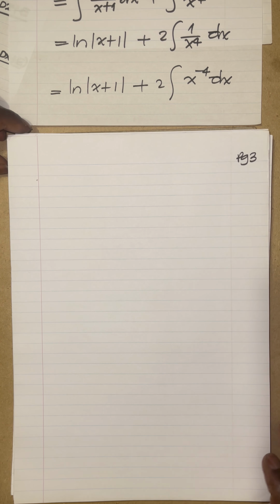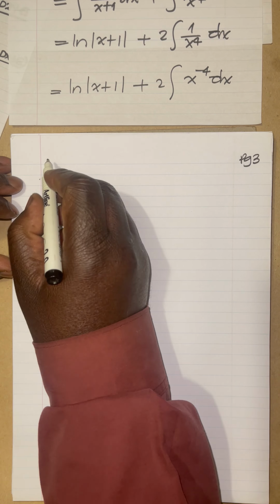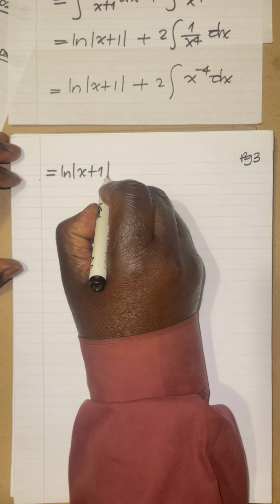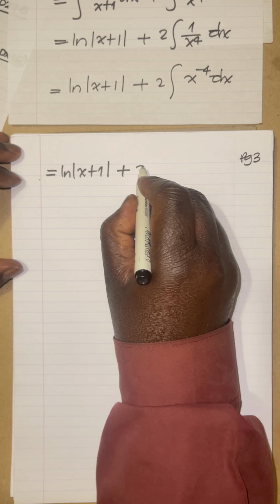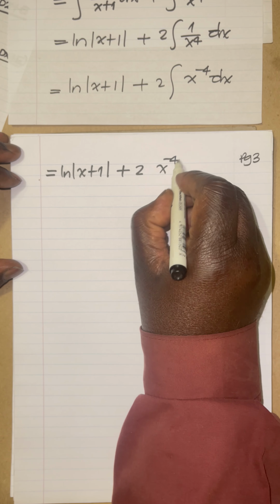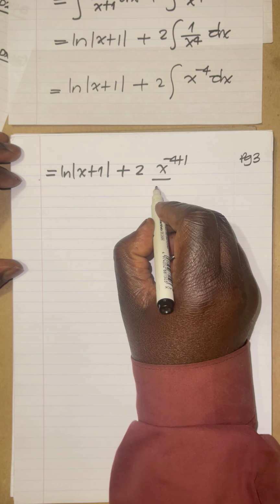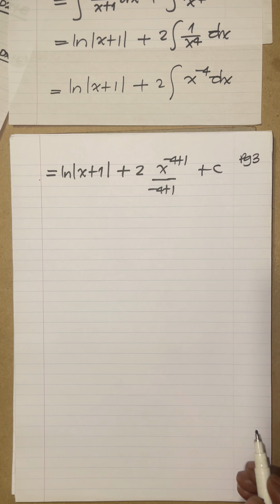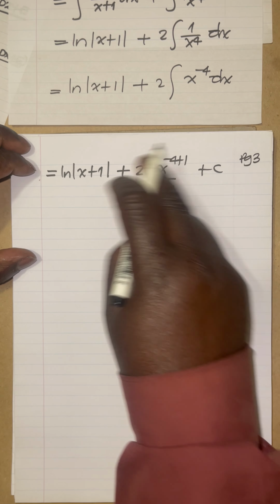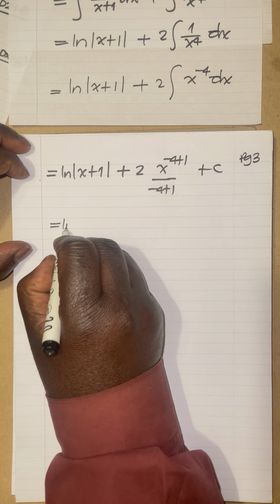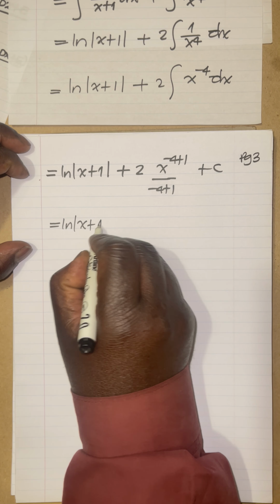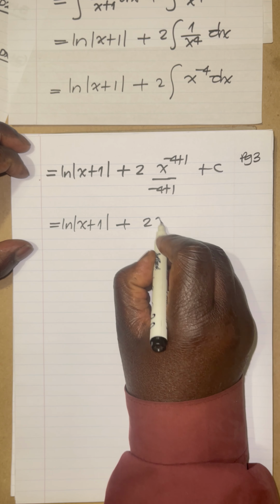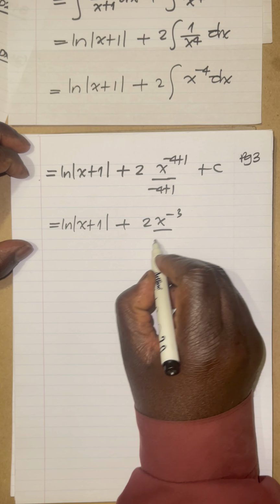Right, so now we are saying that the integral equals natural log of x plus 1 and then plus 2 x power minus 4 plus 1. We must take this and divide by minus 4 plus 1. And then we have to say plus c because we're dealing with an indefinite integral here. So let's rewrite this part. This is equal to natural log of x plus 1, and then this part here is going to be plus 2 x power minus 3 all over minus 3 plus